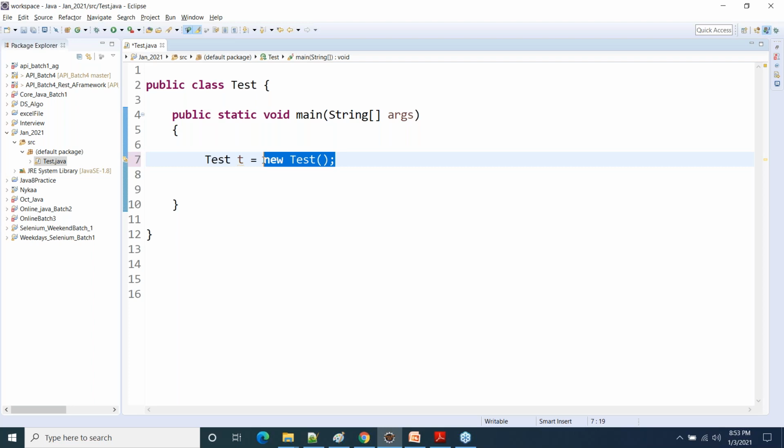Now, as soon as the object gets created, a memory allocation will happen. Means the object that gets created will capture some memory in the heap. I will talk about heap in some moment. Whatever will be the,